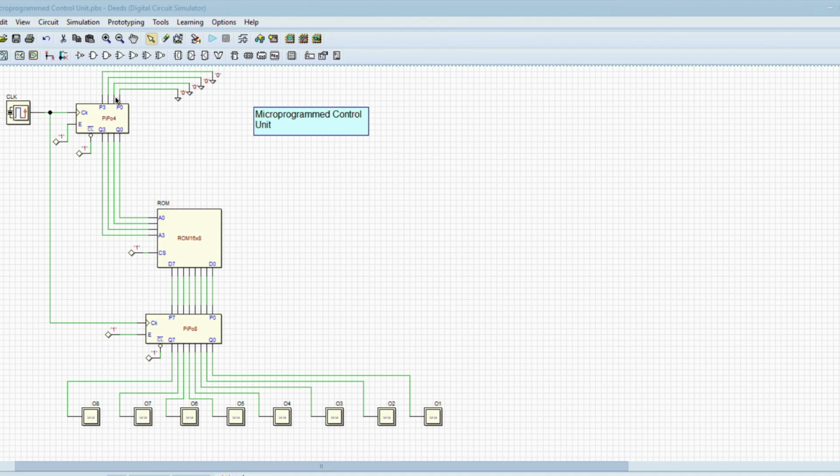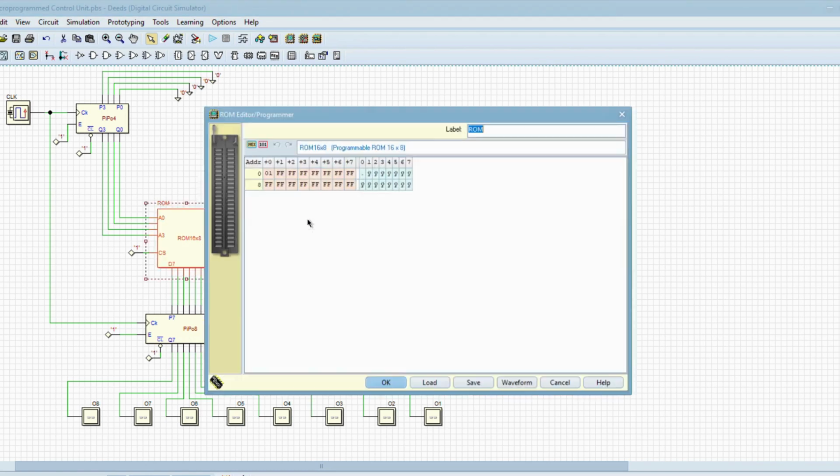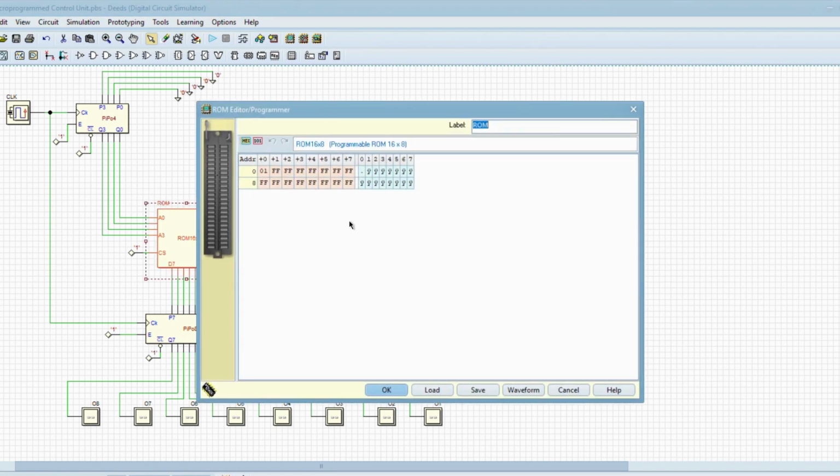Now we see the ROM editor, and it represents a microprogram control unit where control signals are generated from a ROM using the address input from a counter. At each clock cycle, the ROM outputs specific control signals step by step to execute an instruction. So, for example, when we start this,